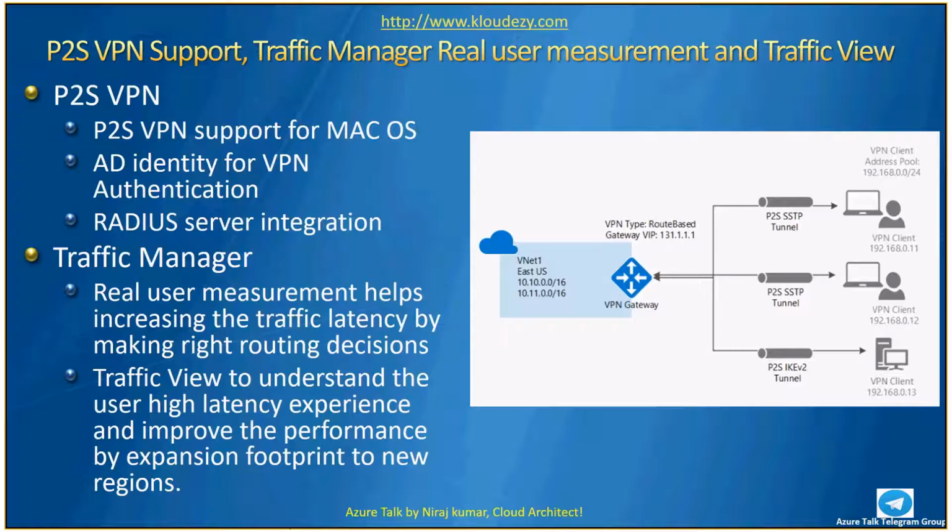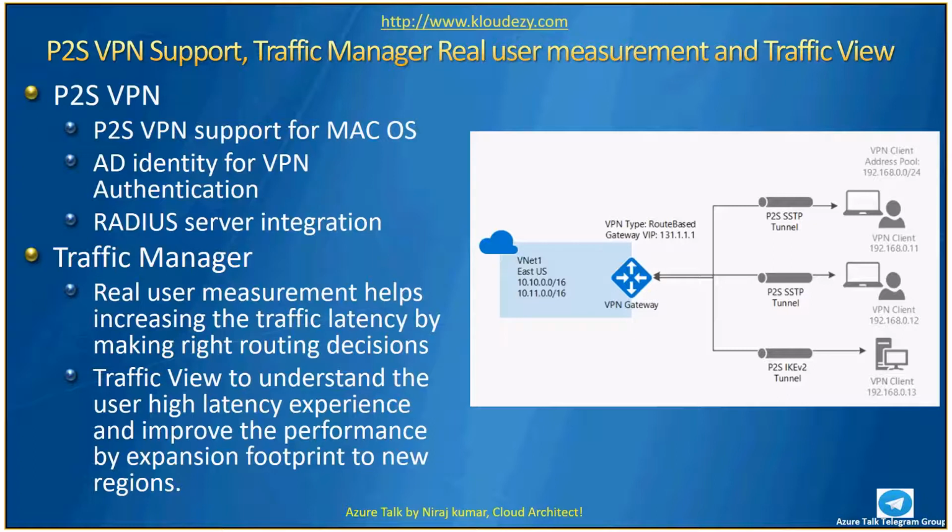You can see it from the portal. When you go to the VPN gateway, you have an option to select the certificate base as well as RADIUS server integration. So that's a good enhancement. And the point to site VPN, earlier it was supported only in the Windows client. Now it is supported and in GA for Mac OS. Whatever we are talking about right now was earlier in preview and is now GA. So that's more about the point to site.